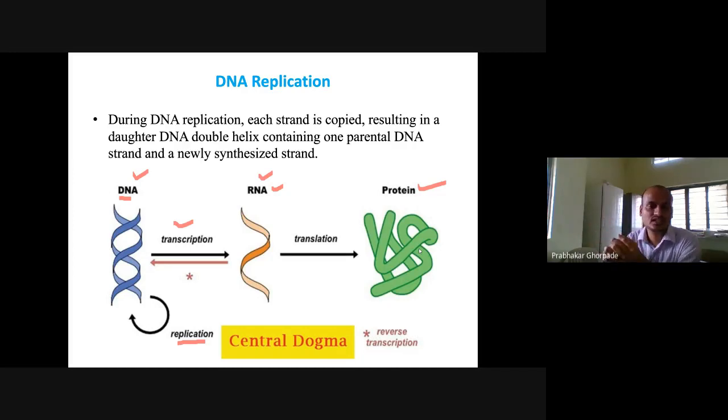But central dogma is a misnomer. Dogma is usually used for a religious principle, which cannot be changed. That is why it is a misnomer, because it has been found that there is a process called reverse transcription, where RNA can go into DNA. So this can be reversed. Previously it was thought this process was one-directional, but there are some RNA viruses which have the reverse transcriptase enzyme, and it can give DNA from RNA.